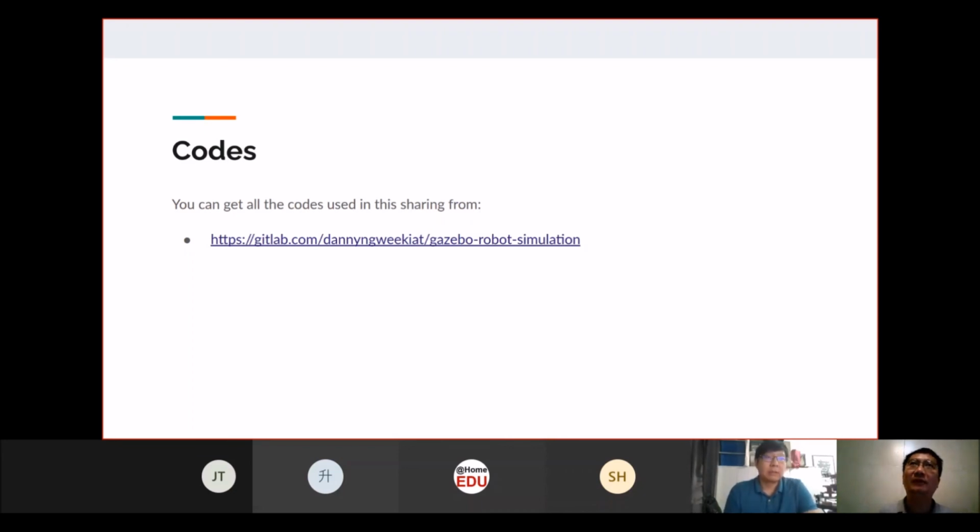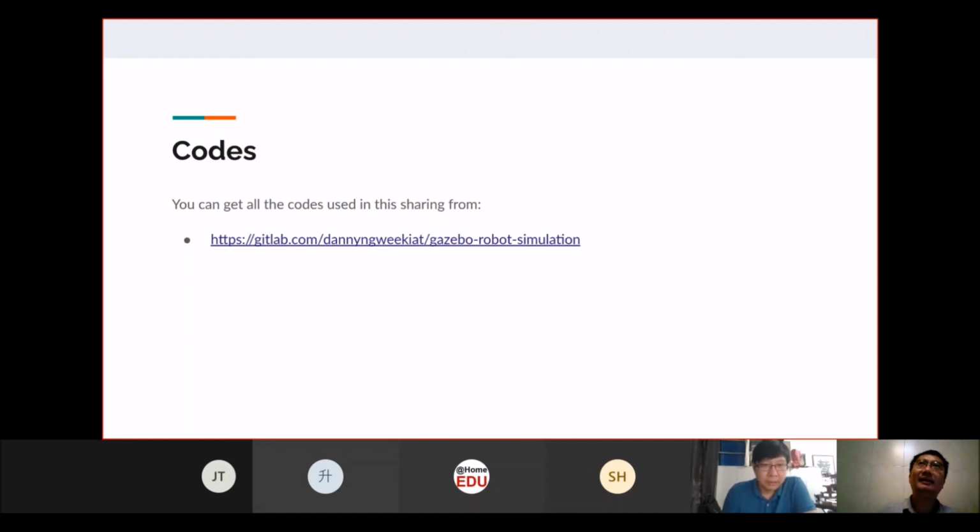I think Hector SLAM is more for outdoor mapping. Yes. Because Hector SLAM helps you correct the incremental error, which G mapping doesn't. When you create a loop closure, the map doesn't close. Right, which means that's the issue if we map the whole area that you saw in the simulation just now. Yeah, because it adds up all the incremental error, and eventually when you make a loop or a closure, it doesn't match the original point.